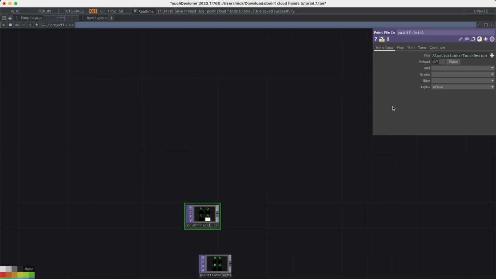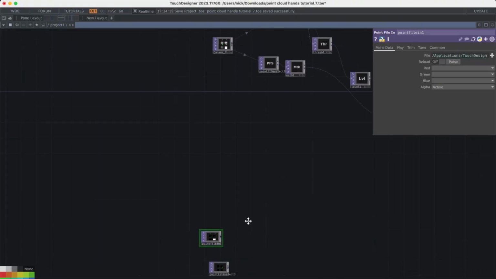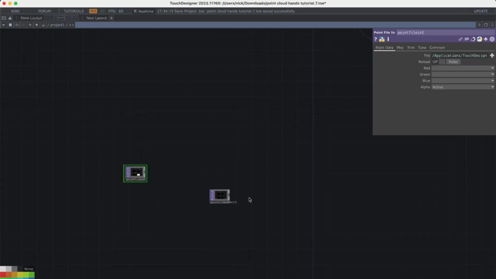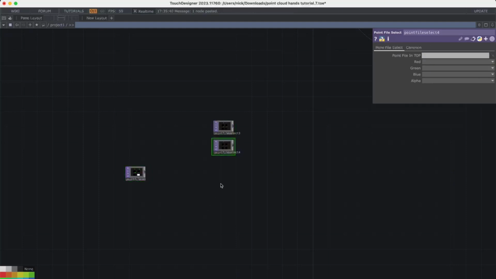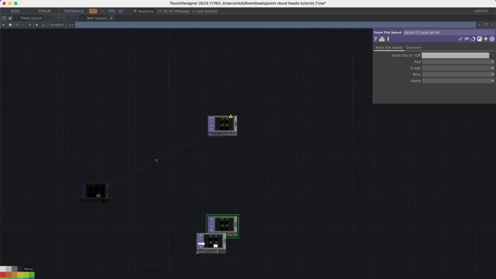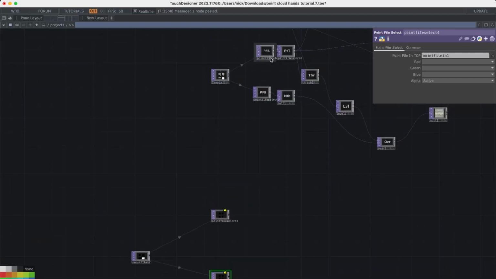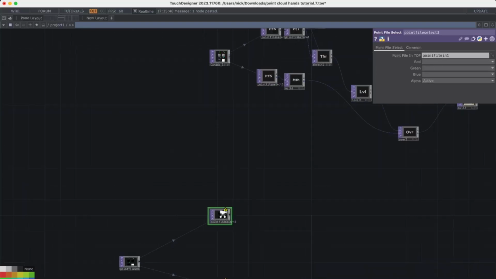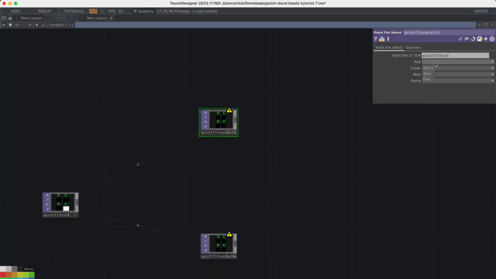So I'm going to select the banana one for today, and essentially I'm just going to separate out into two different rows, one for the point cloud itself, and then a bottom row for color. So I'm going to copy and paste those, and then drag this point file onto these point file selects, which is just these operators here, dragging it like so, and then essentially we want to initialize the top row with XYZ, and then the bottom row with red, green, blue. So when we click on here, we want to set red to